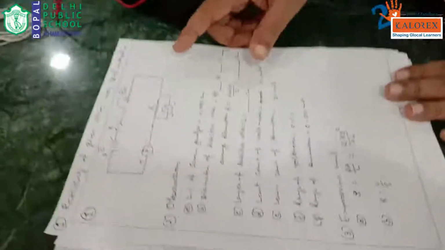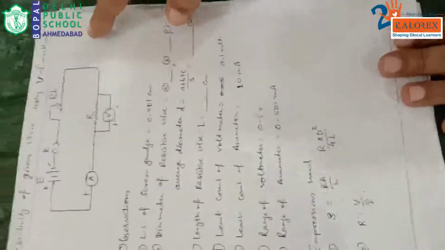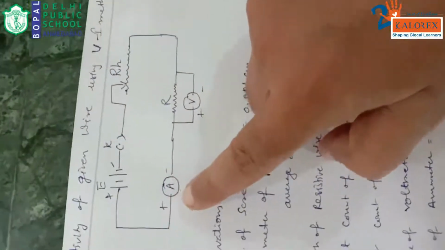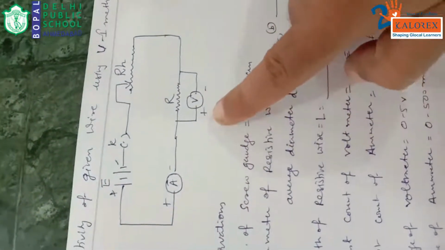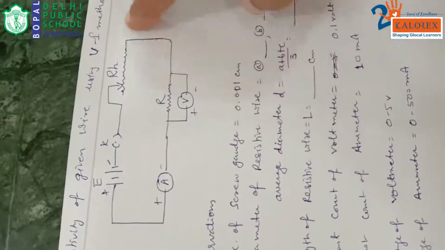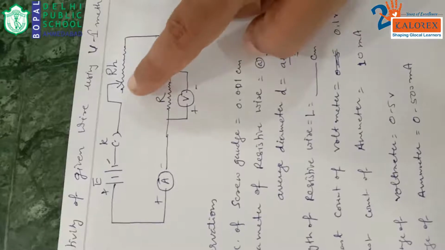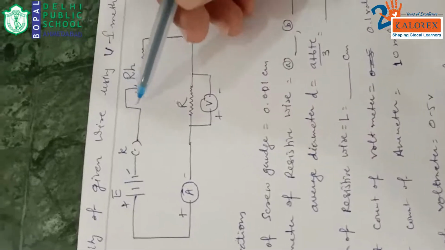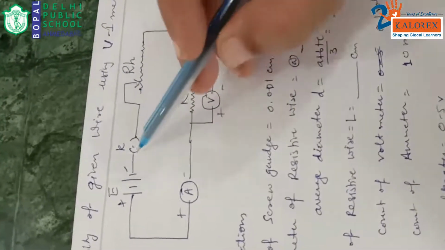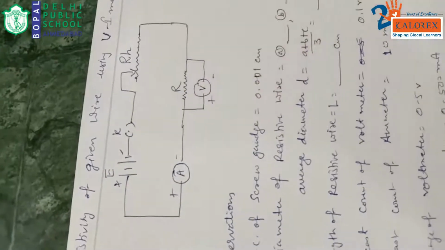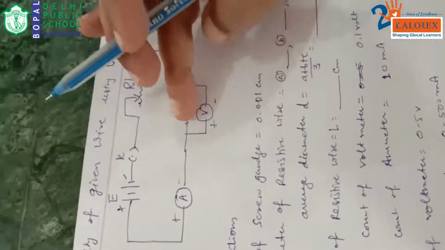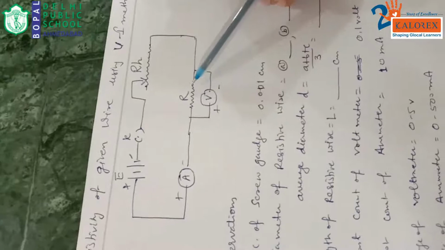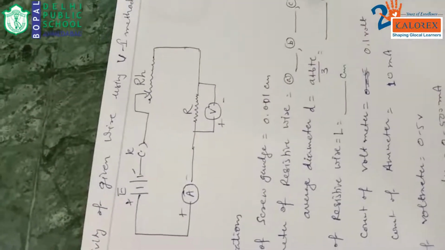You can see here we have the circuit diagram. In that, the positive terminal of the battery eliminator is connected with the positive of the ammeter. The negative of the ammeter is connected with the positive of the voltmeter. Its negative is connected with the rheostat fixed terminal. Another fixed terminal is left without connection. Above this is the variable terminal, connected with one of the terminals of the key. Another terminal of the key is connected with the negative terminal of the battery. We can say that except R, everything is connected in series, and parallel to that we can connect the resistive wire. This is the simplest way to understand how to connect the circuit.